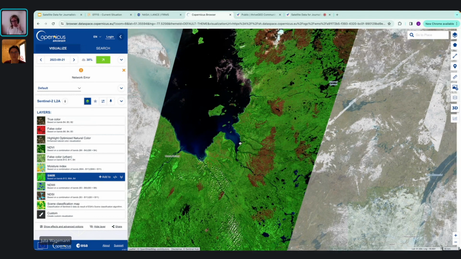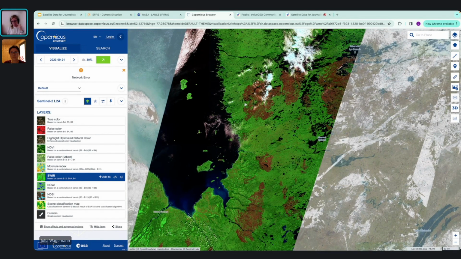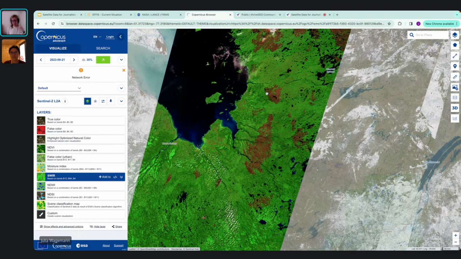And so we see here quite a few dark red, brownish patches, which all indicate areas affected by wildfires in Canada in September last year.